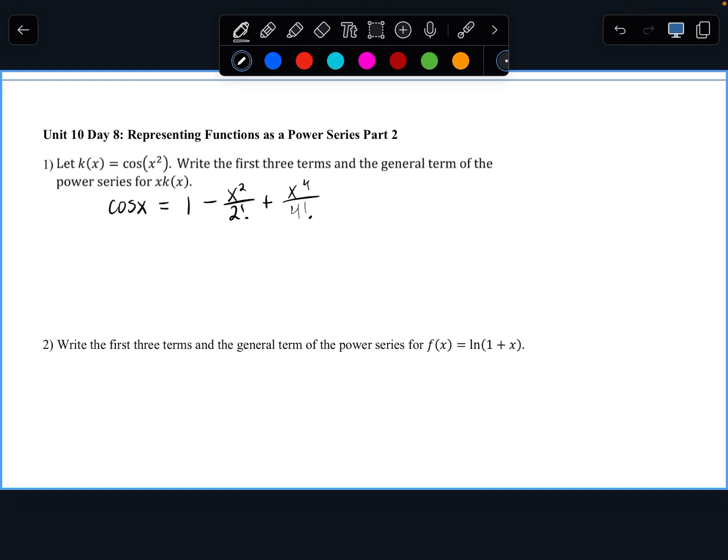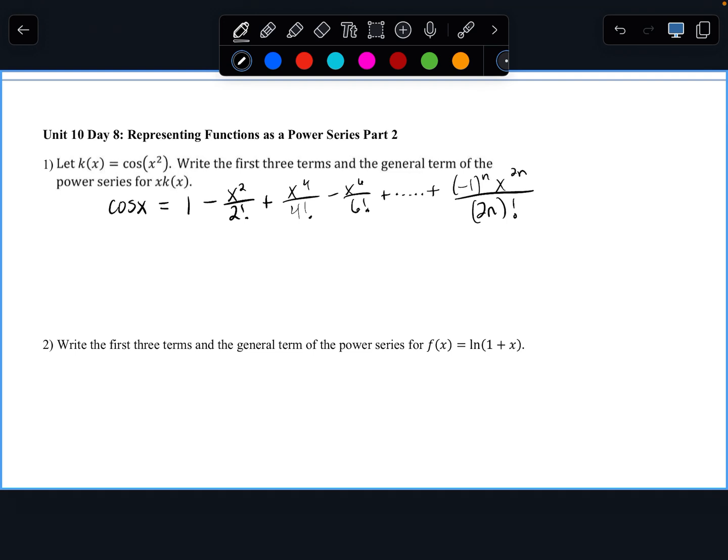Well, maybe I'll do an extra one just to be safe in case one goes away. And then dot, dot, dot. And then we have alternating, even, with the factorial. So you start with your cosine,